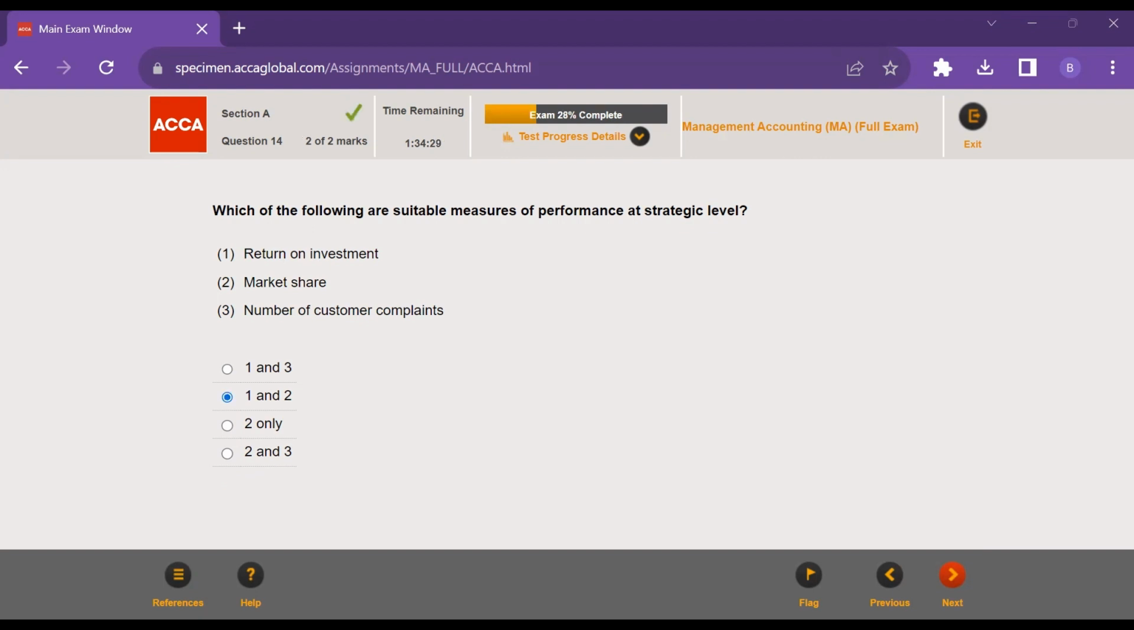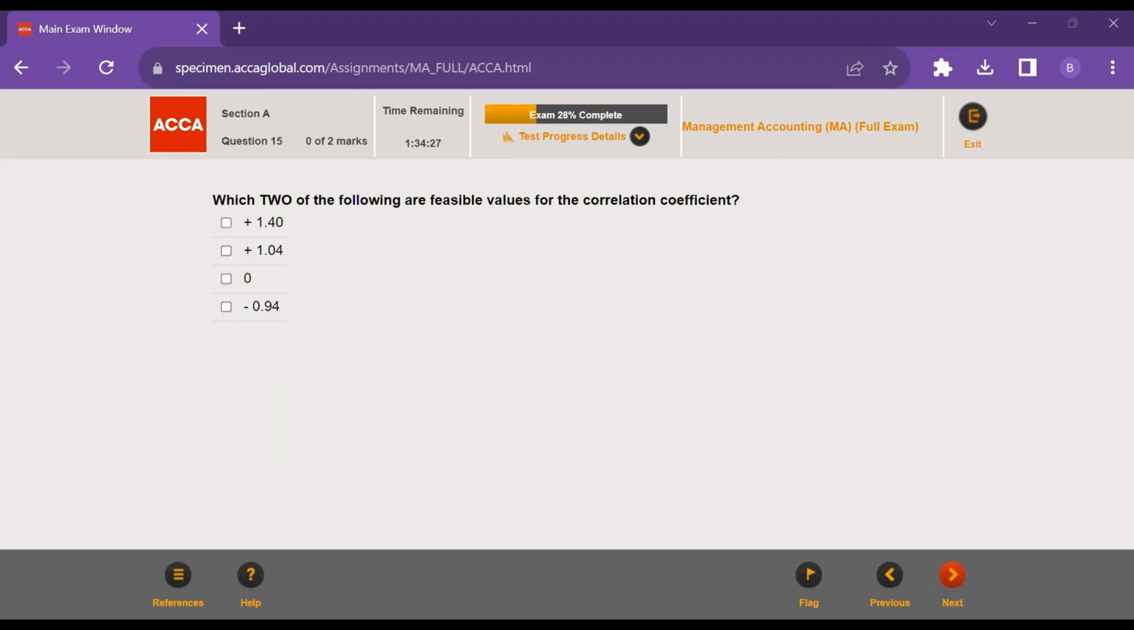So that is why option 1 and 2 is your answer. Moving on, which two of the following are feasible values for the correlation coefficient? So we always know that your correlation coefficient has to lie between -1 and +1. So 0 is the value that lies between -1 and +1, and then minus 0.94 also lies between -1 and